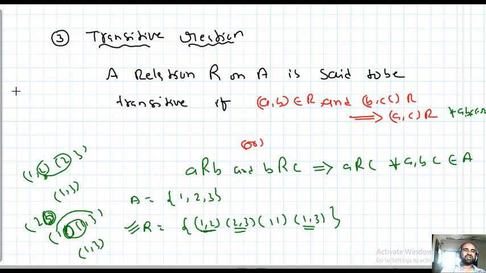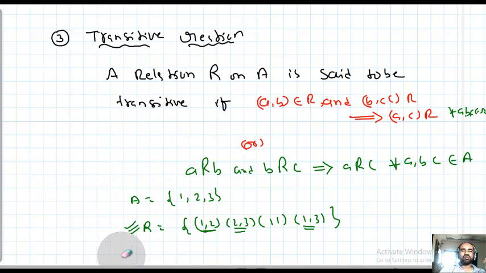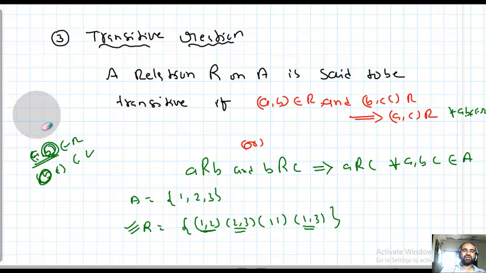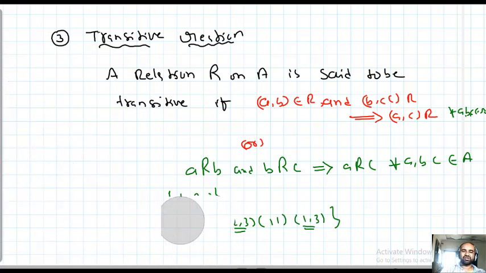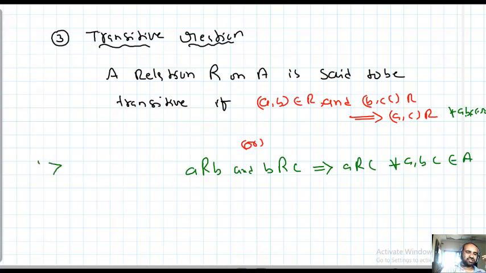It is not easy to check, so please take care. Try to read the definition and see these examples. Then you can understand how I checked for transitive, symmetric and reflexive. Once again, listen students. For checking transitive: (a, b) belongs to R and (b, c) belongs to R, then (a, c) must be in R. Then R is said to be a transitive relation.